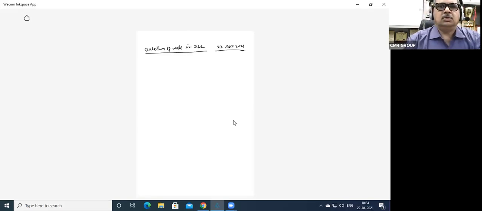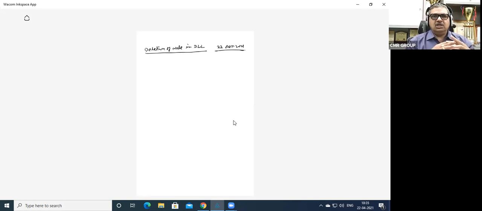When we are talking about the deletion of a node, first of all, deletion is possible only when nodes exist in the doubly linked list. If the list is empty, then deletion is not possible.